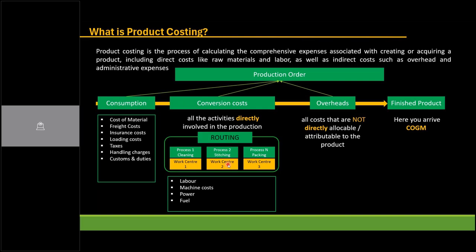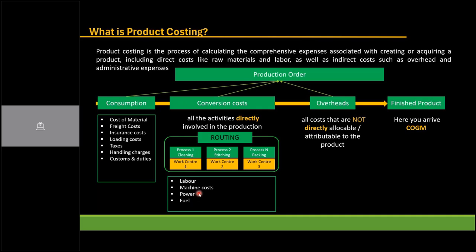Washing happens, then drying. For example, for drying, I am doing natural drying in the sunlight. Do I require any electricity there? I don't require electricity. But if I am operating a machine which requires power, consumption can go much higher. Again, when it comes to packing, if I am doing manual packing, then I don't need a machine. So machine cost is not there, but it becomes more labor intensive. So at each work center level, these activities will have their own quantity.